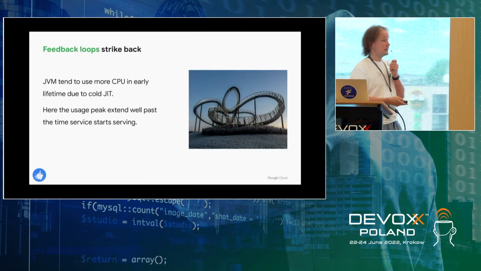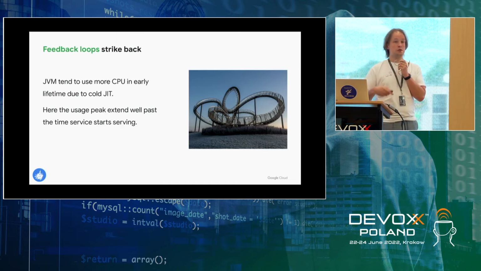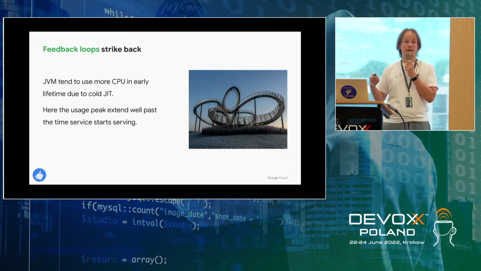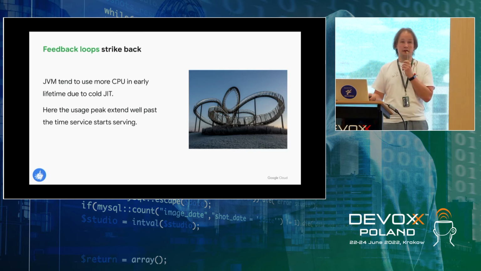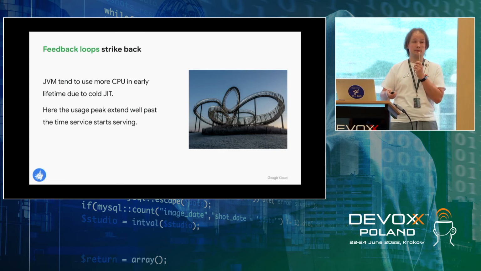There is also a feedback loop that's special to Java. It's very similar to the previous one. Early in the lifetime of the application, the Java virtual machine needs to just-in-time compile the bytecode to native code, and this process takes more CPU, so it leads to a usage spike. But we cannot use the previous trick because the task needs to get real production traffic, so the just-in-time compiler knows what to compile and what the executed code paths are.